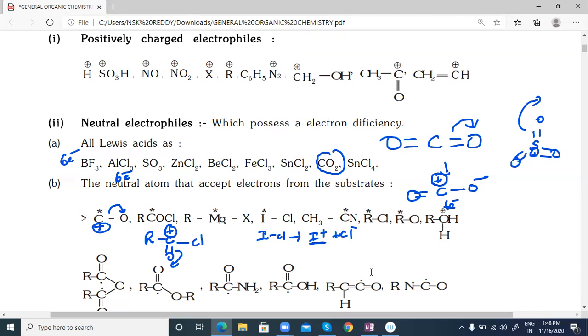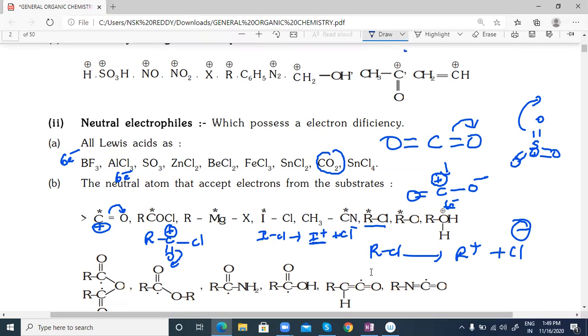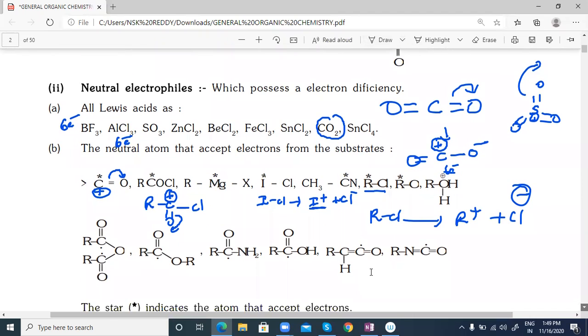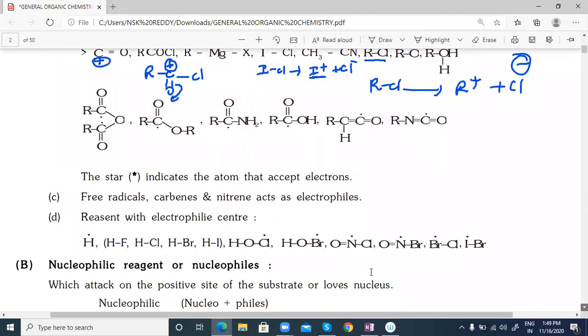So they are showing with a star mark which can act as electrophilic centers, which can show that positive character. So for example, RCl, you can write R plus Cl minus. Cl is a more electronegative atom that can leave as a minus, so it can show positive character. Similarly, they have given a few more examples. These are the list from the 11th, 12th which we are using. So here also, these carbons they are showing.